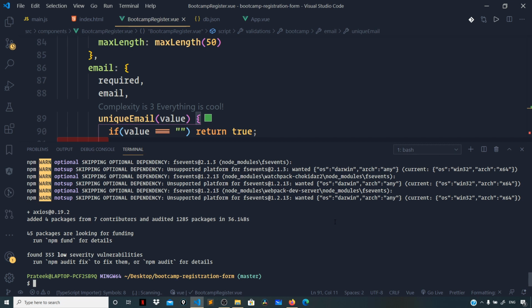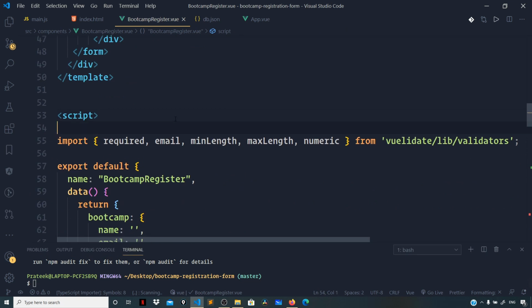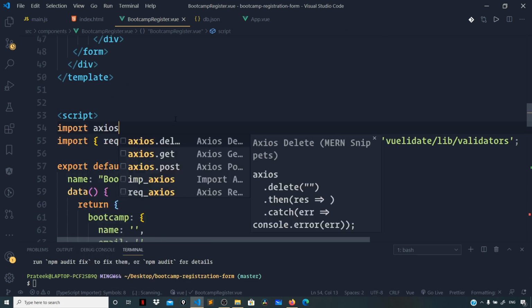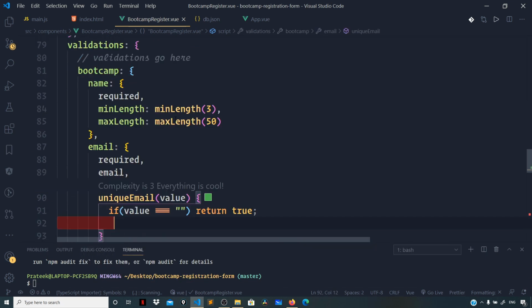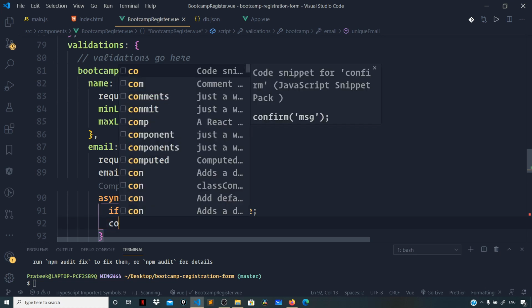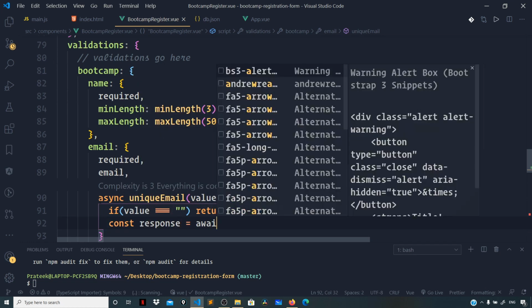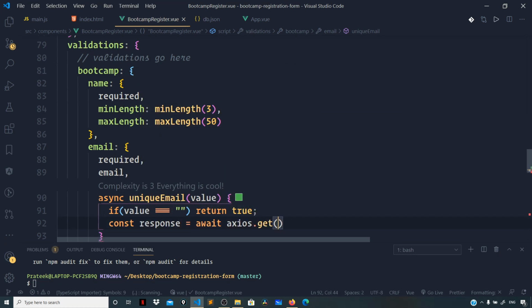Let us import the package right at the top, right here. Import axios from axios, and let us make our async HTTP call to get all the registrations from our db.json file, and let us decorate our unique email function with the async keyword. And then right here I will use the await keyword and make a get request to get all the registrations. So this will give us some response data. So const response = await axios.get